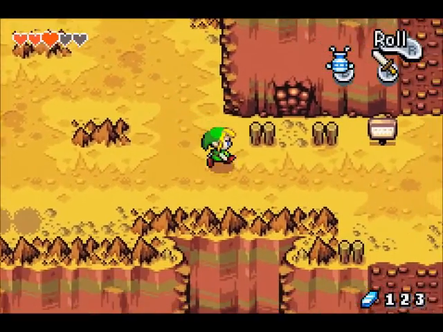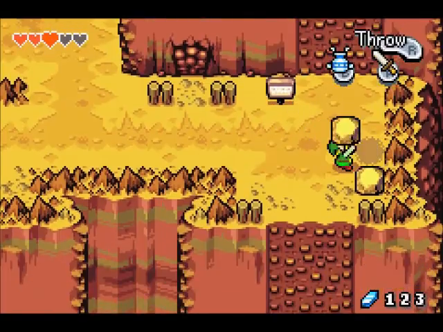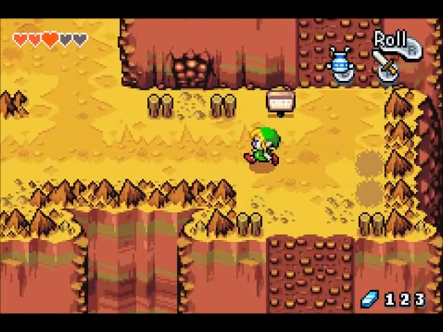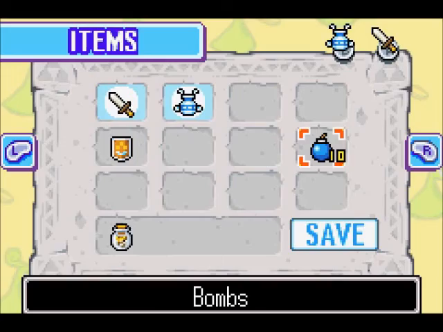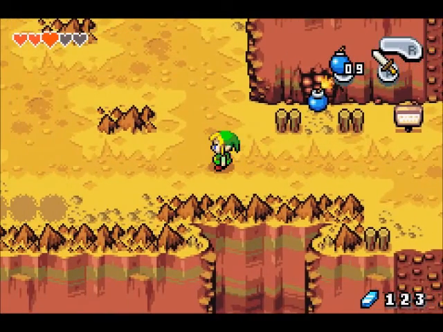Oh wait, nope, there's a bombable wall, and if I'm correct, that leads to something important. The Crenel wall is where we need to go next, but we can't actually proceed with that because it's a big old wall, and we can't climb. But, I believe...